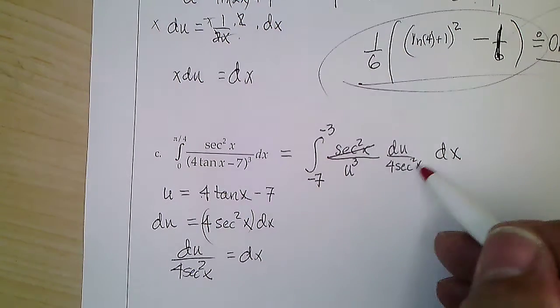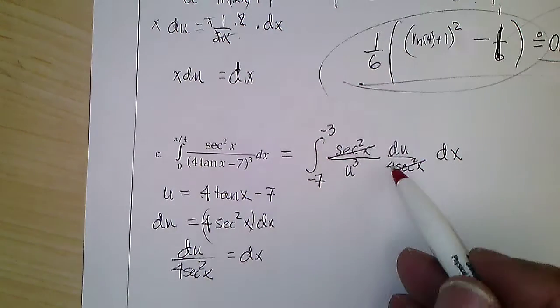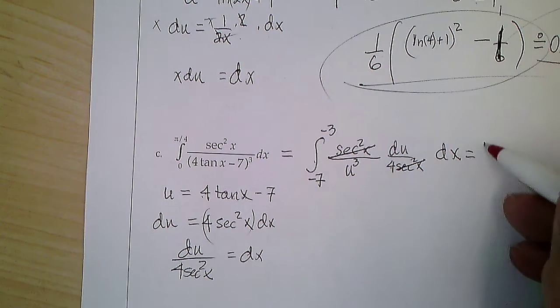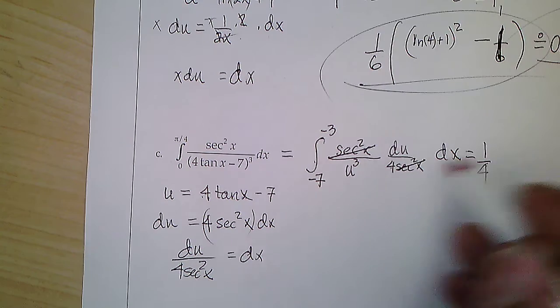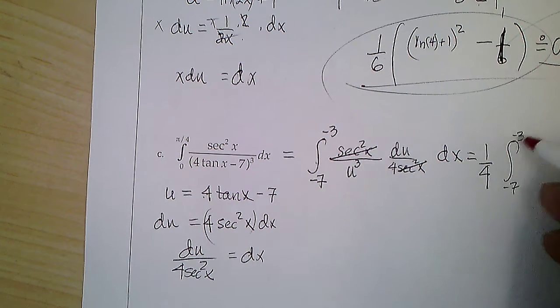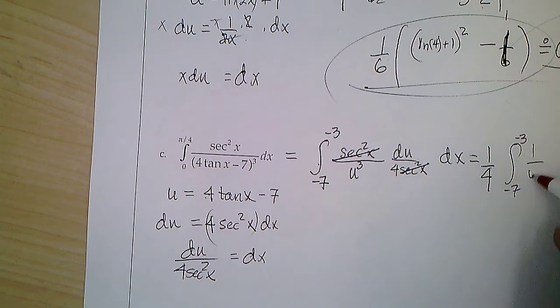The secant squared x's cancel. The 1/4 comes out. So we get 1/4 integral from negative 7 to negative 3 of 1 over u to the third du,